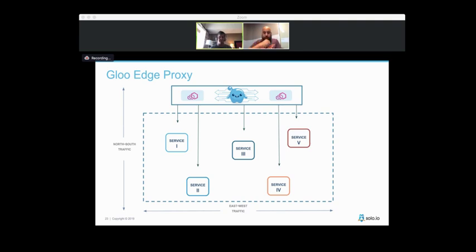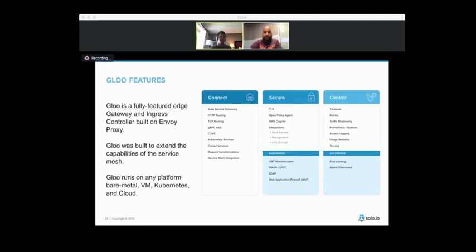So although the Istio ingress proxy is great at getting traffic into the cluster, and it augments and supplants the Kubernetes ingress resource with more powerful features, so does Glue to the Istio ingress gateway, where we can layer in more API focused features, things like message level transformation, things like Swagger support and gRPC reflection support,